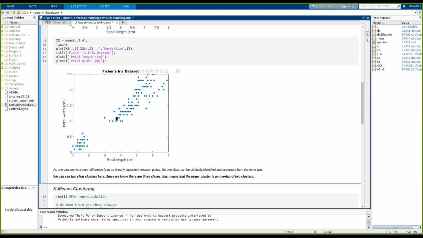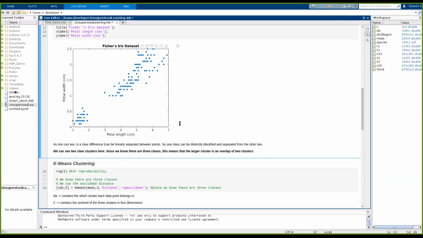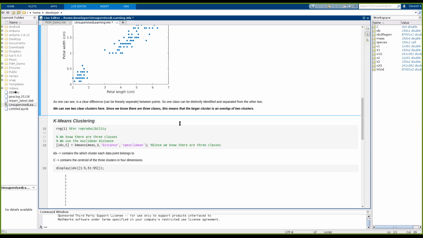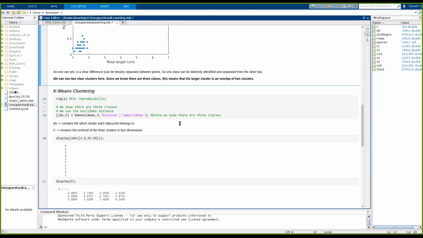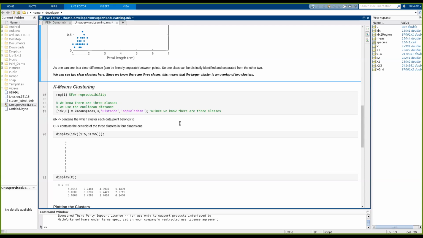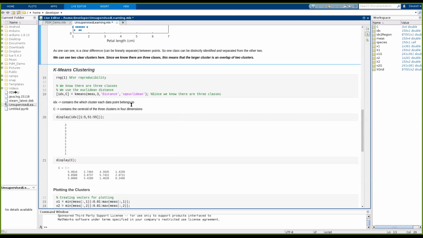Now we need to understand how to apply the k-means clustering algorithm. It's one of the most basic clustering algorithms and is used as a first step to explore the data and how it is clustered. It's very simple. We pass the feature set and the number of clusters we want.